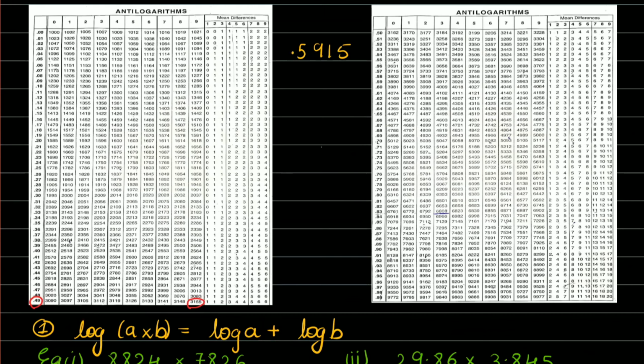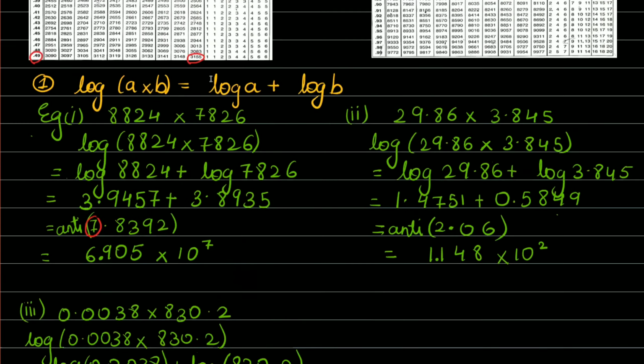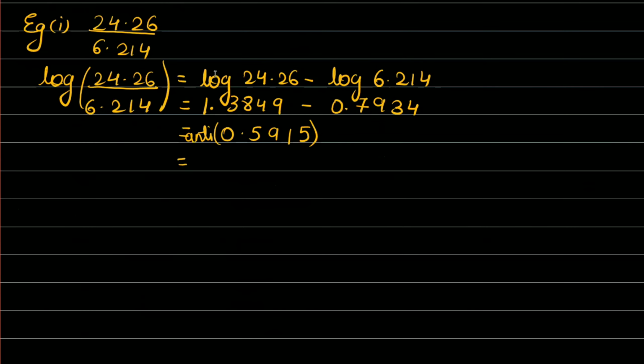0.5915 after the point. So where it is 59, somewhere here is 0.59 in 1. 0.59 in 1 is 3899. This is 3899 plus again adding the last value, searching the last value in the mean difference table, which is 5 in 5 is 5. 14, 1 carry 10, 9, 3. So it is 3904. We have got the value as 3904.